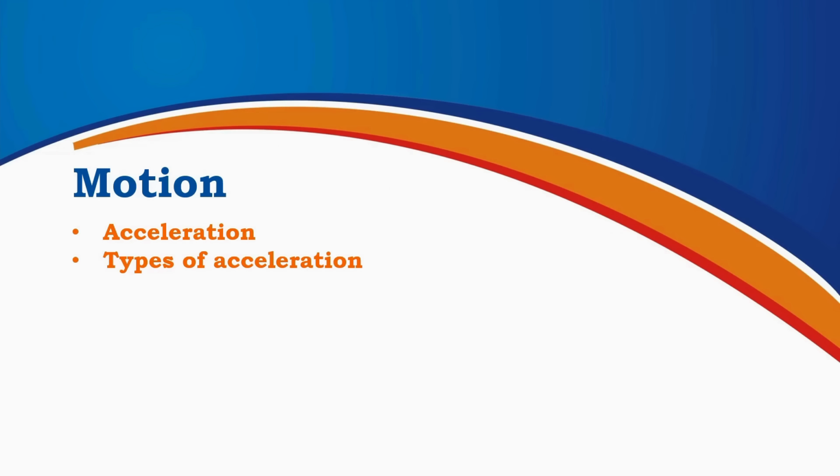In this part of the chapter on motion, we will now move on to acceleration. First, we will understand what acceleration means and how it is related to change in velocity with time. Next, we will learn about the different types of acceleration, such as positive acceleration, negative acceleration, and uniform acceleration. By the end of this section, you will be able to clearly identify acceleration and distinguish between its different types using simple examples.